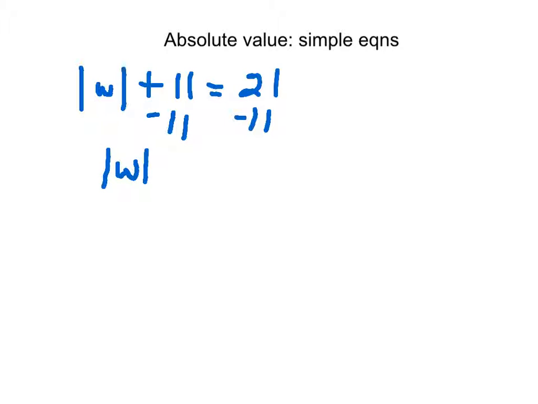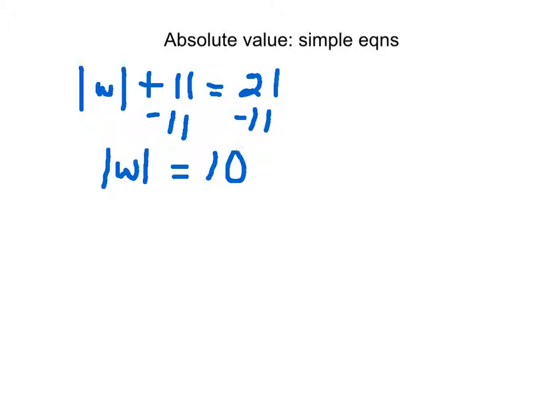So let's just start off with an example. Remember, the absolute value has those two tall lines. And so it's the absolute value of W plus 11 equals 21. To solve this, we want to isolate the whole absolute value itself. So we need to get rid of the 11. Since the 11 is being added, we undo that by subtracting. And what we do to one side of the equation, we do to the other side. Now we rewrite. Now we have the absolute value of W equals, and 21 take away 11 is going